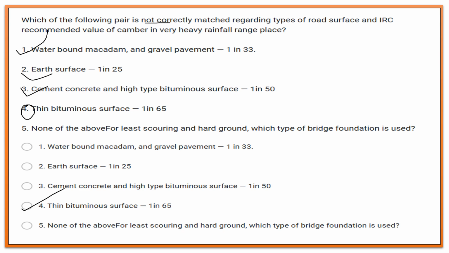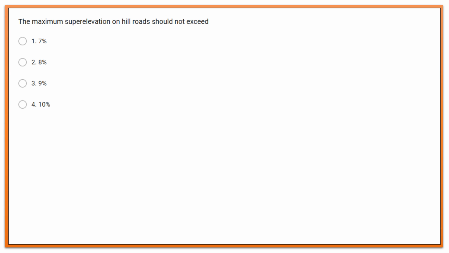The next question, question number 14: the maximum superelevation on hilly roads should not exceed. There are different kinds of superelevations for different kinds of roads or terrain conditions. The first condition is for plain and rolling terrain, where the superelevation is 7%. For hilly roads, the superelevation is 10%. Last, for urban roads, the superelevation is 4%. So here option number 4 is correct, which is 10%. 10% is the maximum superelevation for hilly roads. Then next is,